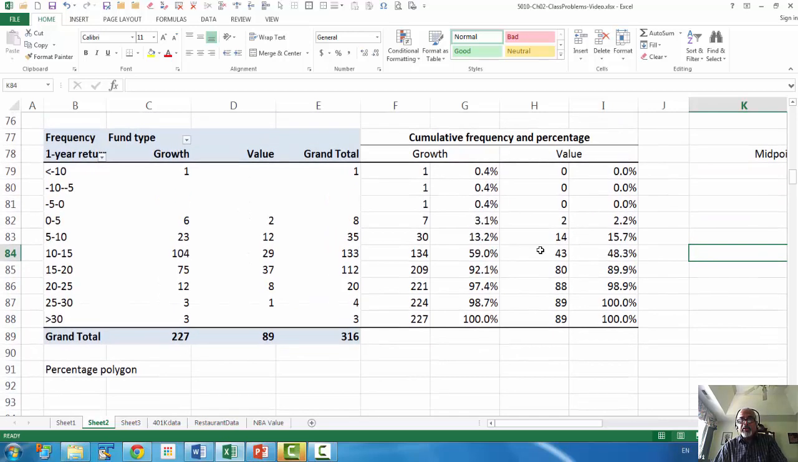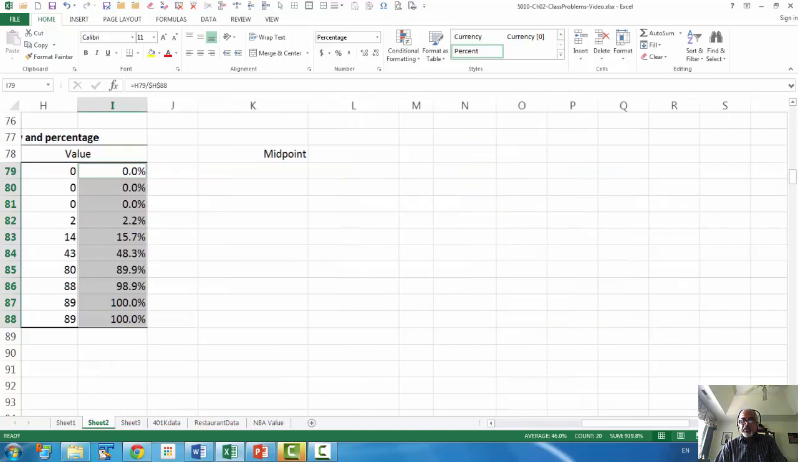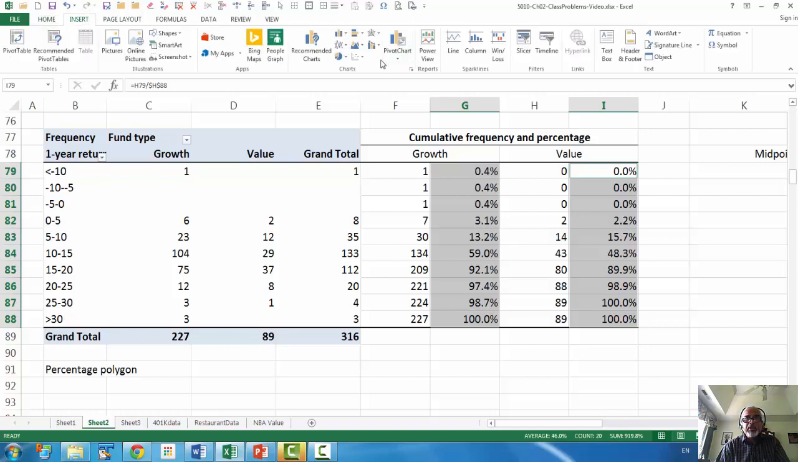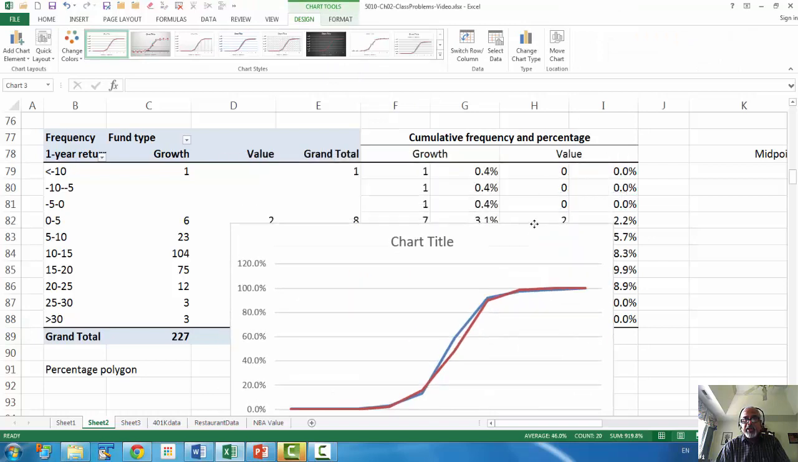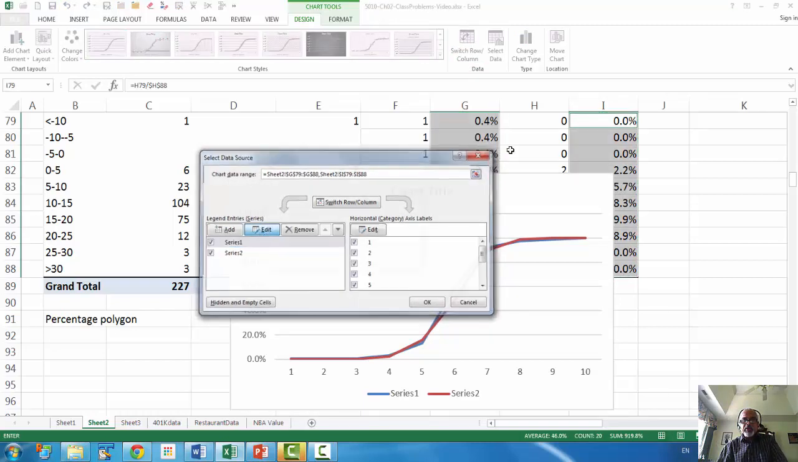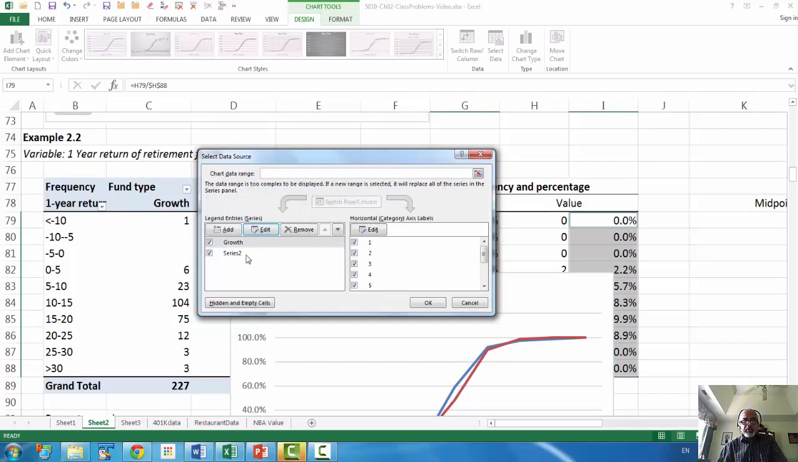Now if we plot these two columns, if you press the control key and highlight the discontinuous range, both will stay selected. So now you do a line chart, and what we get is a cumulative polygon. So let's see. The first one is growth. The second one is